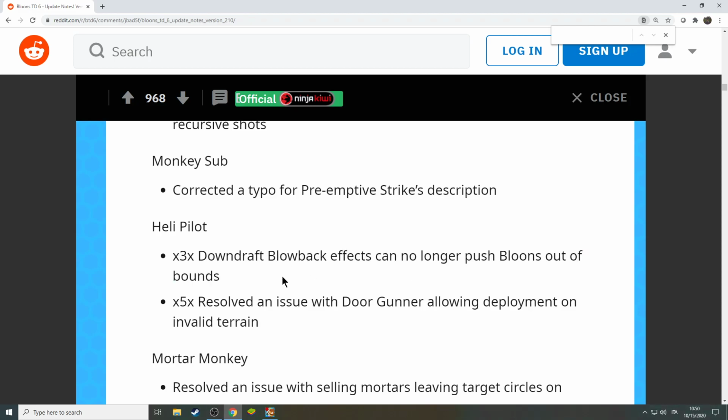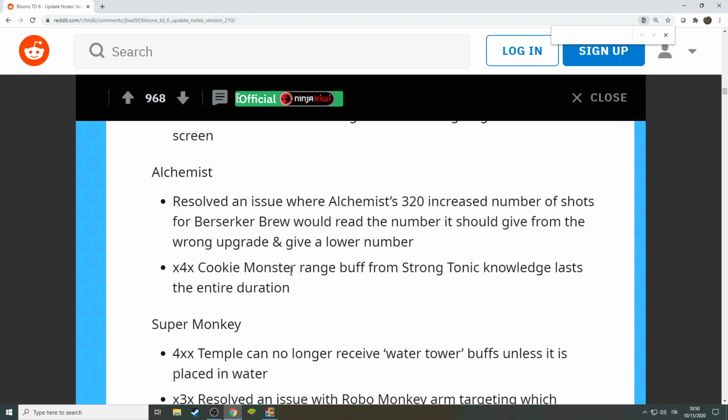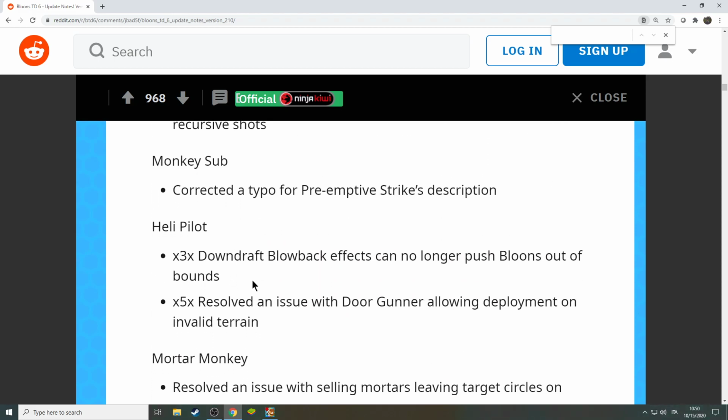This is something huge because a lot of strategies with stalling, especially on the expert maps, require the heli to blow the balloons out of the map pretty much, and then being able to freeze those balloons and therefore stall the round. But now that you can no longer push balloons out of bounds, it's a huge thing. So now stalling is going to be a lot harder to do,